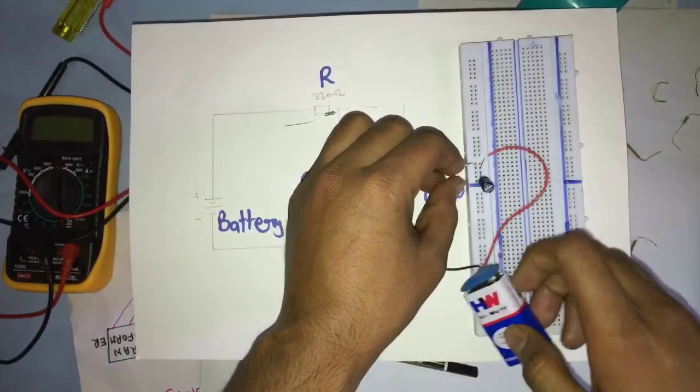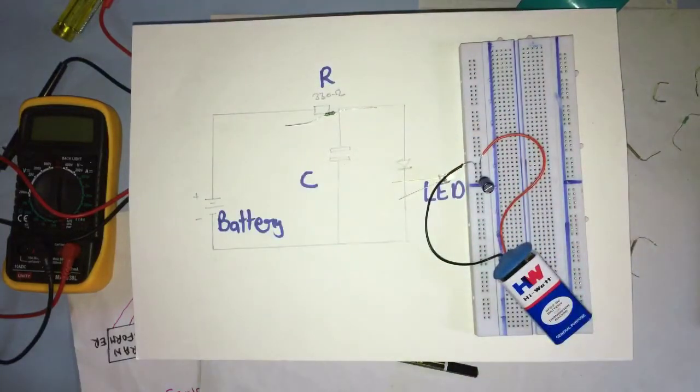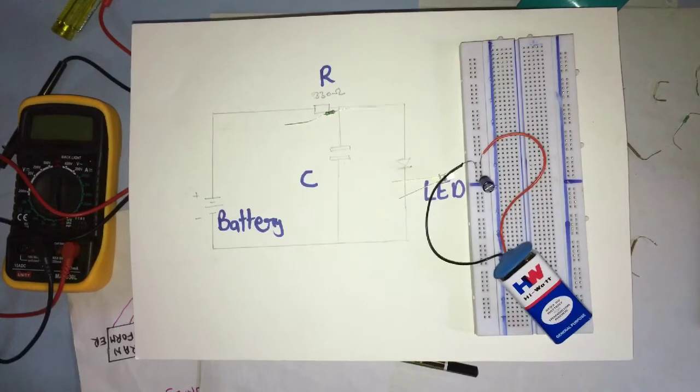So be aware of the configuration when you are doing all such experiments. Since I'm using a 9 volt DC source and the capacitor is of 16 volts, there is no problem in charging it directly. If it's not like that, then you have to use some amount of resistance in order to drop the extra voltage, as I've shown you earlier in Ohm's law. That can be done with the help of Ohm's law. So now the capacitor is getting charged, and now I'll try to glow an LED only with the help of the capacitor by removing the battery from the circuit.